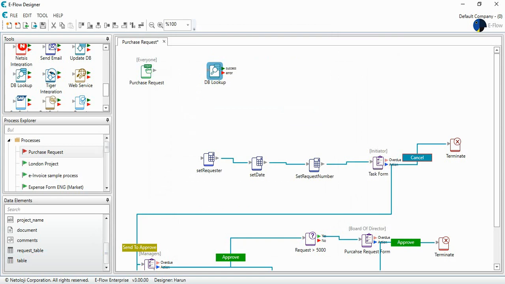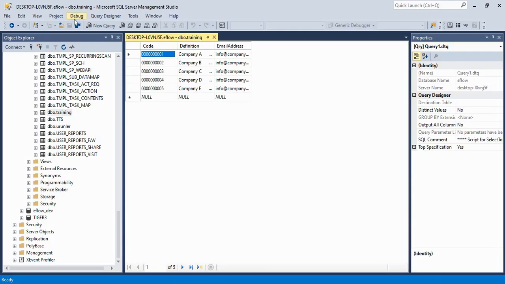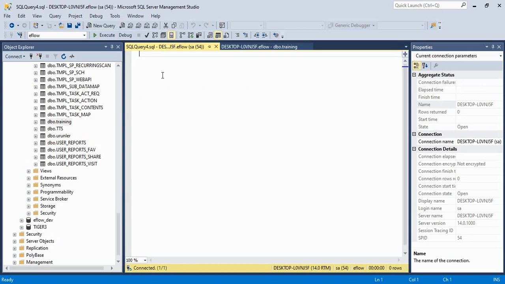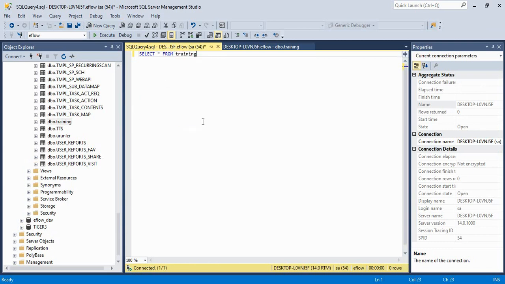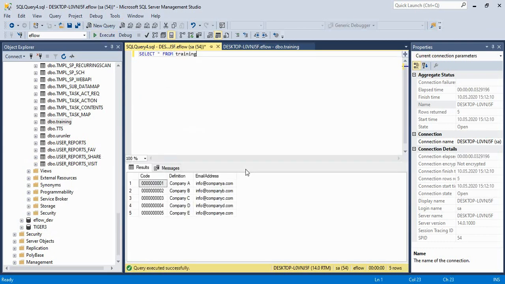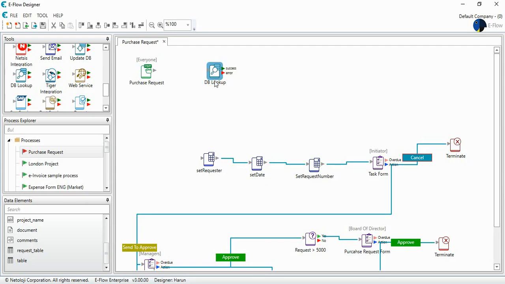Let's create the query first. New query. Select from training. When I execute it, you see the table. Okay, so the query is ready, and I take this query, I copy it, I go to my eFlow, and